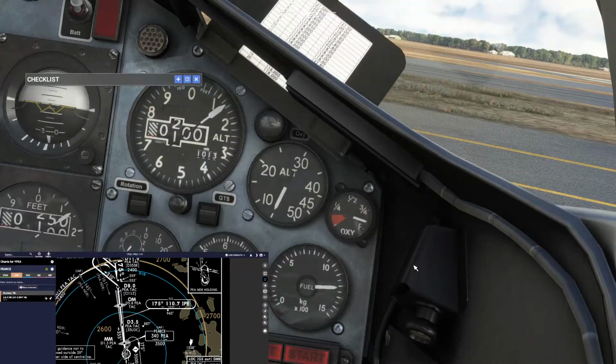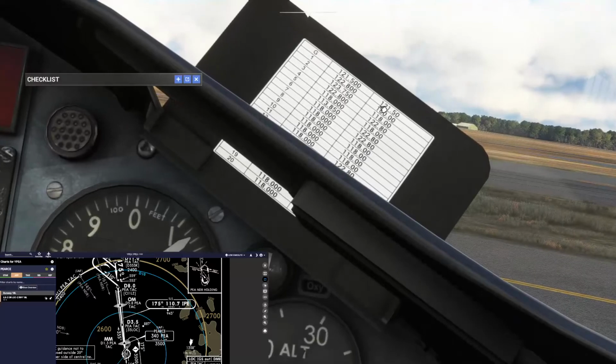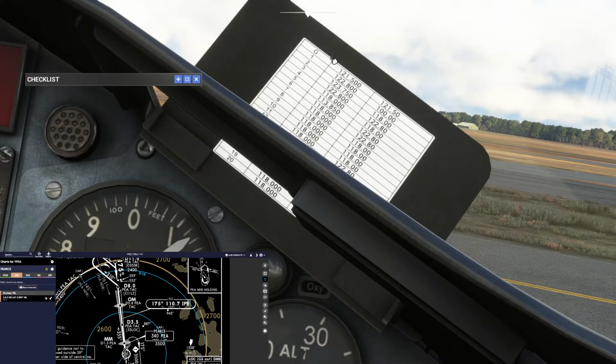So you have this little card here. Now, you'll notice that a couple of these are different. So, obviously, G stands for guard, and then you have all your frequency presets down the side, 1 all the way down to 20. You'll notice that I have 122.8, 123.75, 122.8, 118.000, and every other one is 118.000 as well. So, okay, what does that mean? Well, all that means is I've set a preset. So you can basically go through the whole thing. So preset 1 is